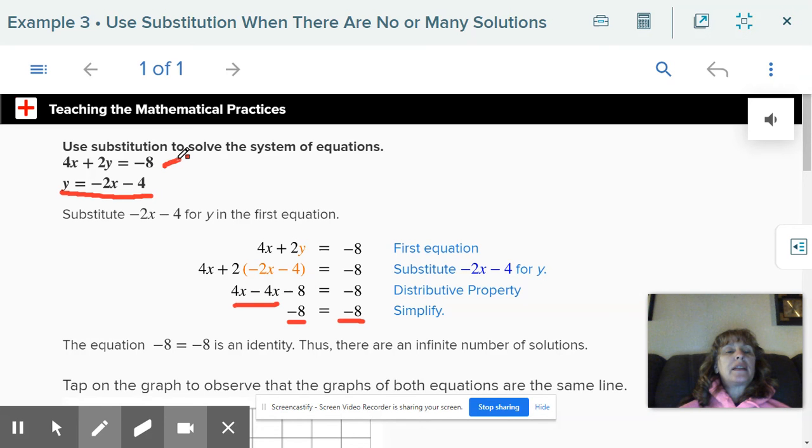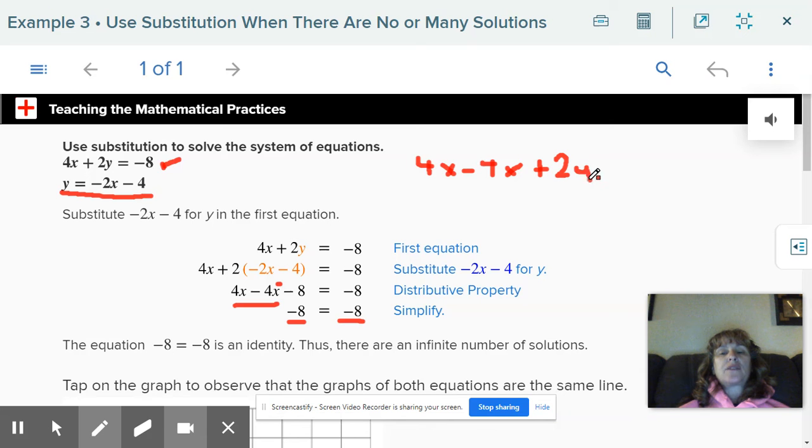So this equation is really exactly the same as that one, and I'm going to prove this because I'm going to put this standard form equation into slope-intercept form. So in order to do that, we have to get your y by itself, and we're going to subtract the 4x from both sides, which, if you notice, that's what they did here. They subtracted the 4x from both sides, and we're left with